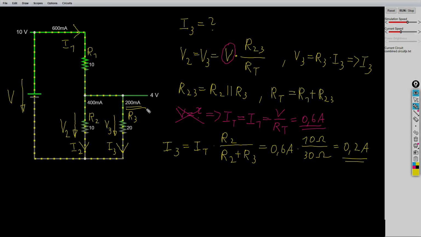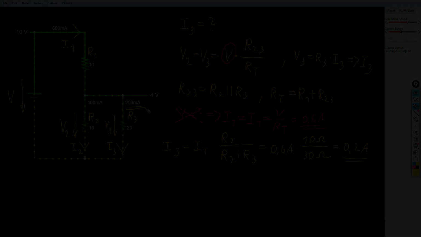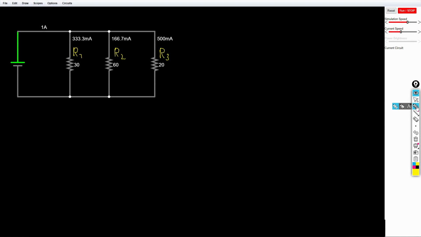Last but not least, I want to show how the current divider is applied if we are not in the special case of two resistors. Now we have 3 resistors, but this can be extended to more parallel resistors like 5, 6, 7 and so on. Again, we want to calculate the current I3, and for our reference directions we can be a bit lazy with our voltages, because they do not really matter if we are only interested in the currents.